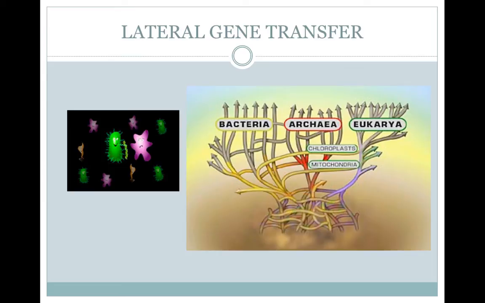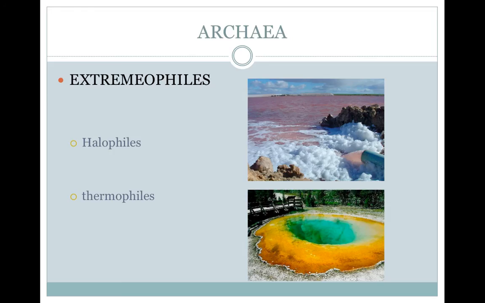When looking back at the evolutionary history of prokaryotes, some genes have moved sideways from one prokaryote species to another. This is called lateral gene transfer. Although this usually occurs between related species, some have been documented across the three domains, Archaea, bacteria, and eukaryotes. This makes classifying prokaryotes complicated. In addition, the great majority of prokaryote species have never been studied. However, we can still divide prokaryotes into the two main groups of bacteria and Archaea.